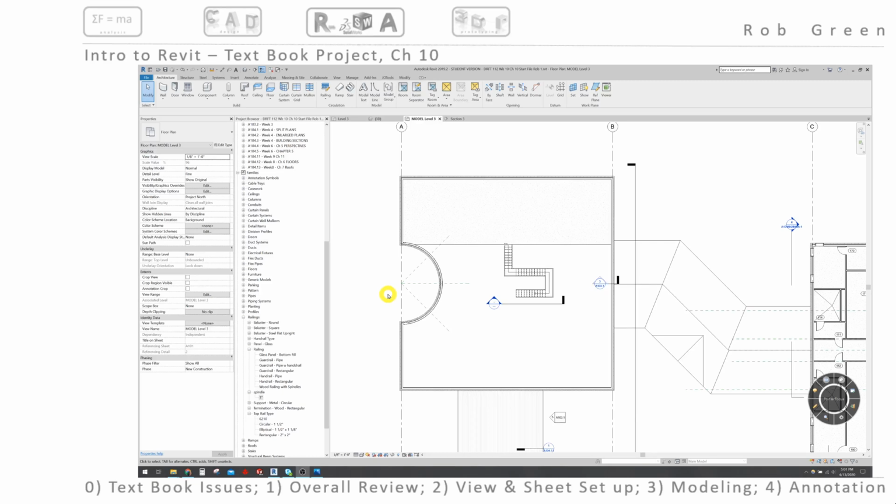Welcome back, everyone. We are working on our school on the West End stairs in Revit. In the last session, we created the final version of stairs. I put in a type of railing that was just available to me, not what the textbook had asked for. And then the last thing I did was create a section view, and I'm going to go look at that